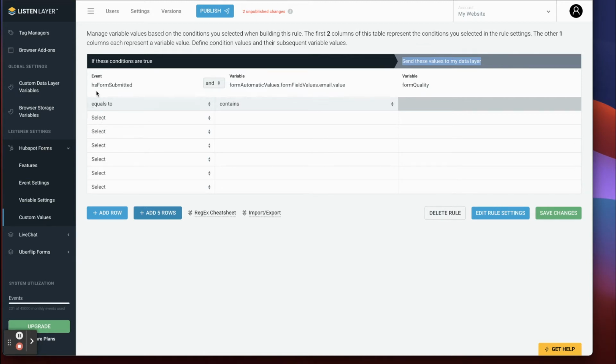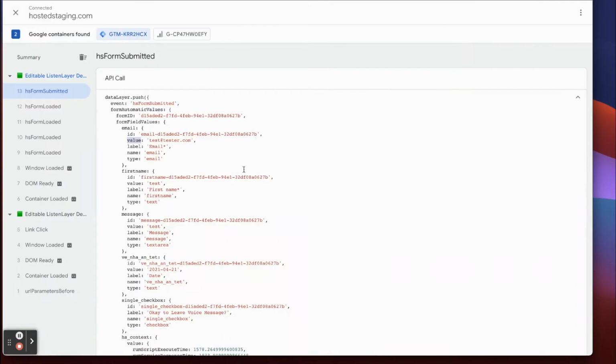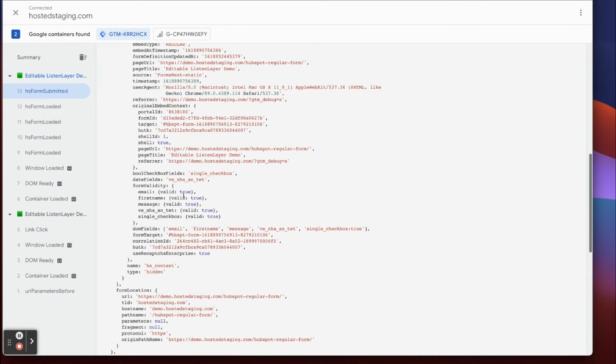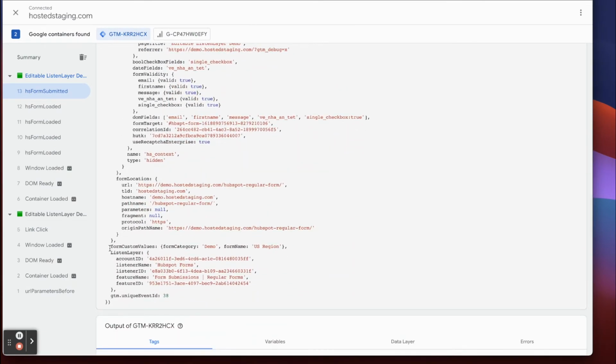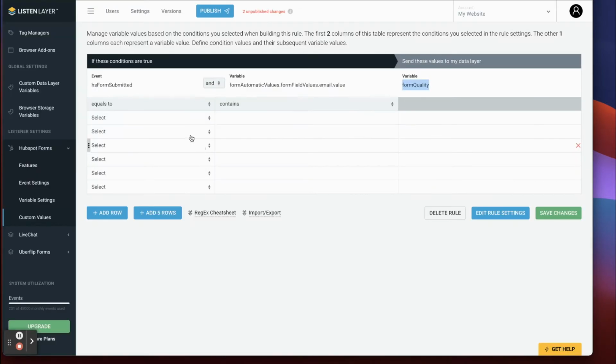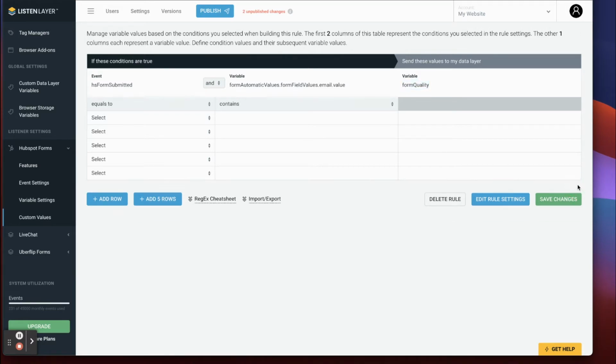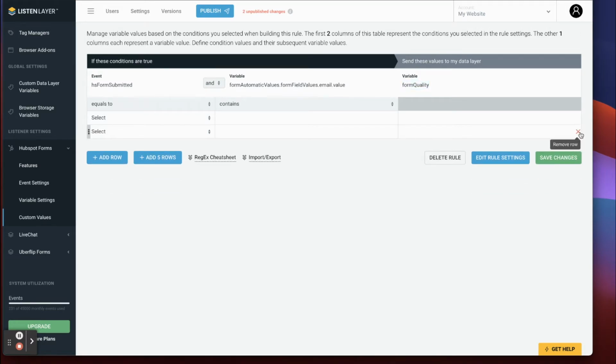the rules in the table are read top to bottom. And if there's a match found in the conditions, then it will return the value over here and put it into the data layer in this variable. So what we'll see is that inside of our data layer, when a form is submitted, we're going to have a new variable called form quality, and it's going to have a value. And that value is going to be whatever we define in this table based on those rules. So I'm going to delete these. I'm going to put in a placeholder